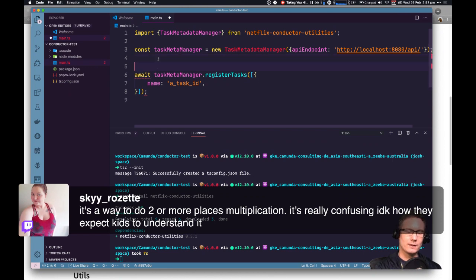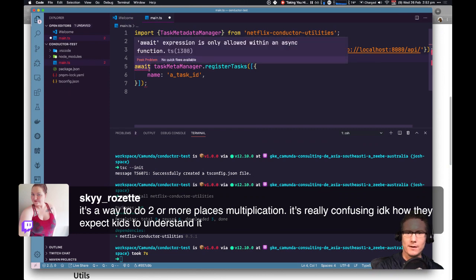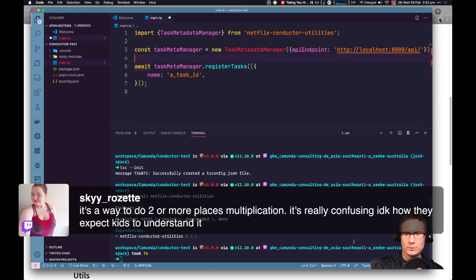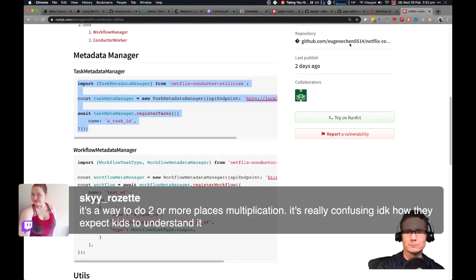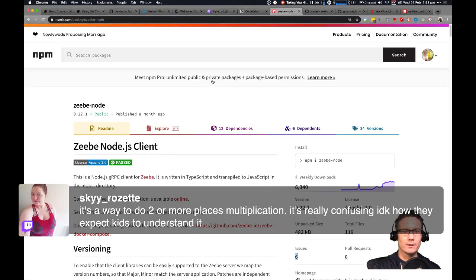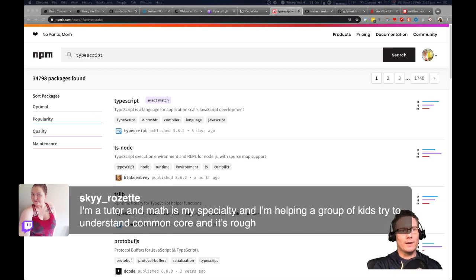Okay, so this has got an await, and oh, actually, how come we can't do top level await? Because we're using an old version of TypeScript. It's installed the latest and greatest TypeScript at, let's find out what it is at now. Right, well that makes sense then.